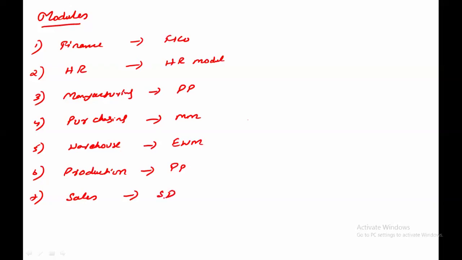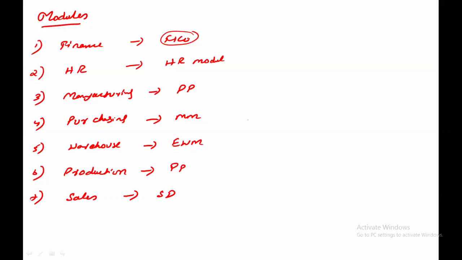So there are a lot of modules in SAP. For example, if I say FICO, they only deal with accounts payable and accounts receivable. They only pay the vendors and receive the money from customers. They wanted to divide their activities into different sections and do their activities on their own. That is the reason SAP divided its activities into different modules.